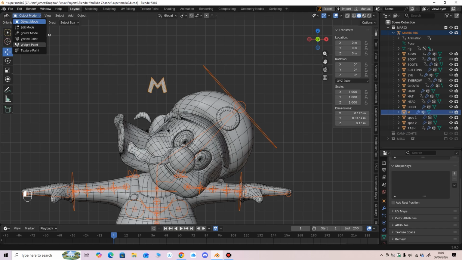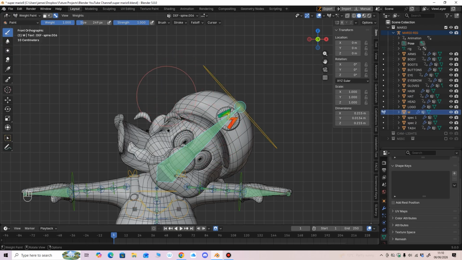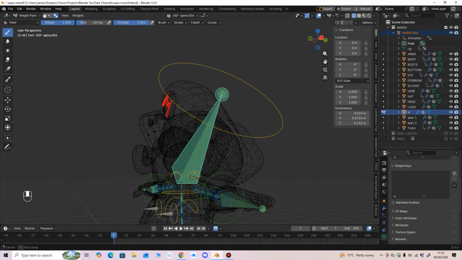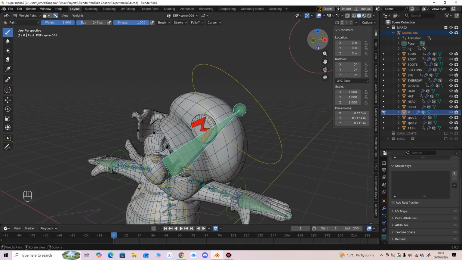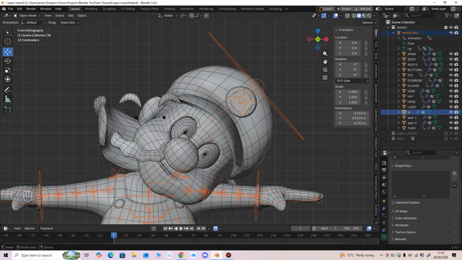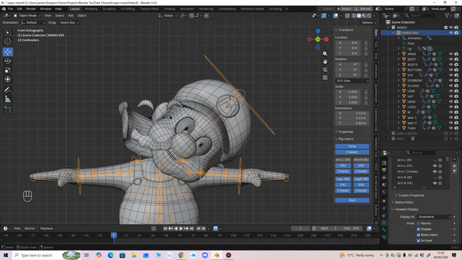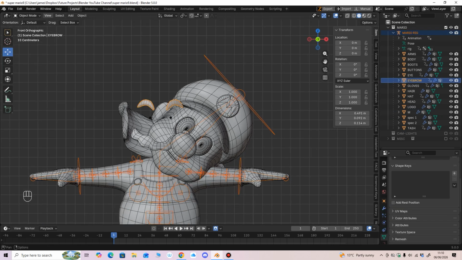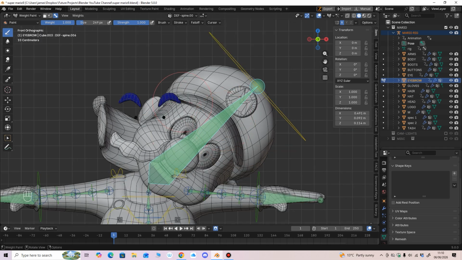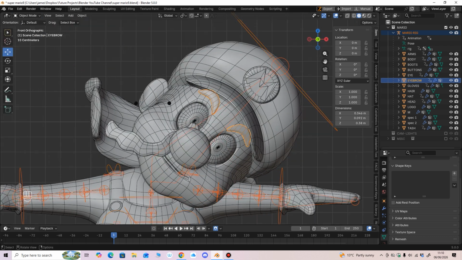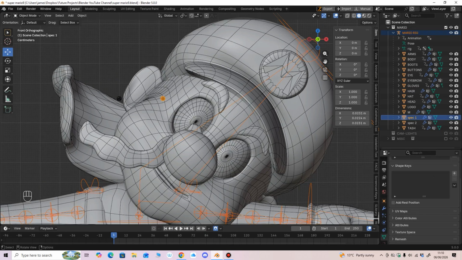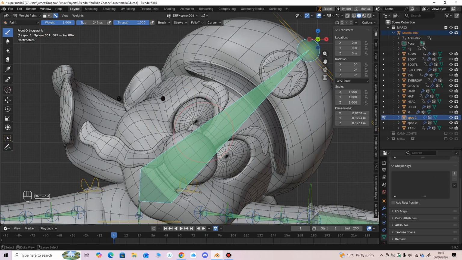The white paint. You've got your head selected. Paint it in. Remember that one to double check. Rig. Eyebrows. White paint. Paint it in there. So it's just going to that position. This is what you want. Object mode, rig, the white paint,